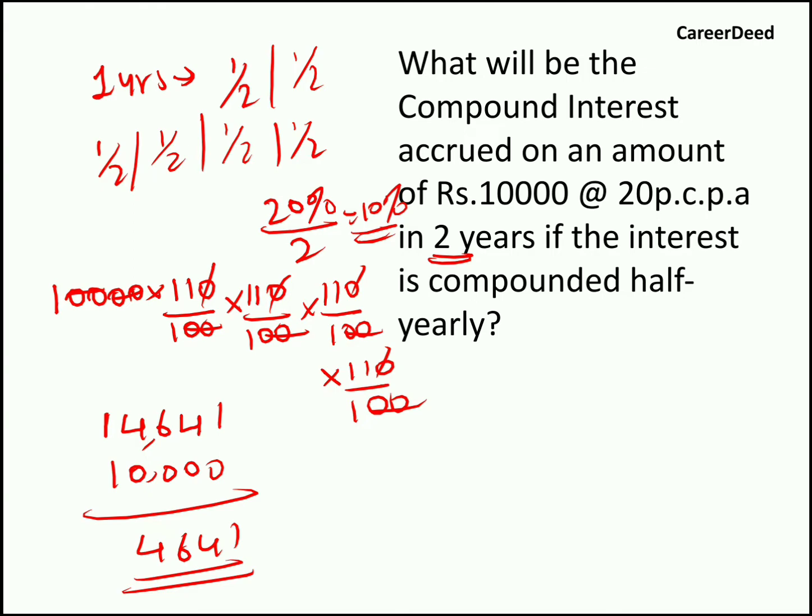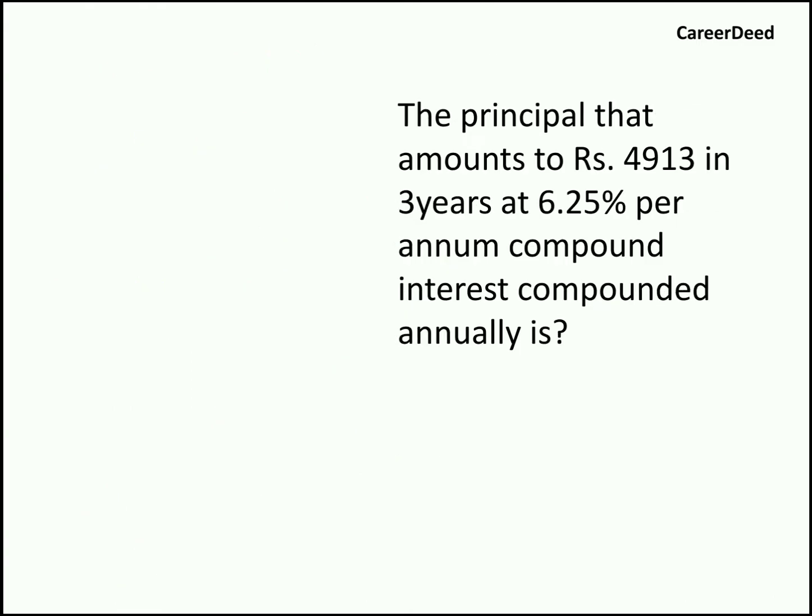So when it is given half yearly, you have to divide the rate of interest by 2. If it is given quarterly, you have to divide that by 4. So this is the actual concept behind problem solving of compound interest. You don't need to use any formulas. So if you want to use the formula, we know the total amount formula is P into 1 plus R by 100 to the whole power n. Just subtract principal from it, you will get the compound interest. But I suggest not to use any formulas. Now moving to our 8th question.